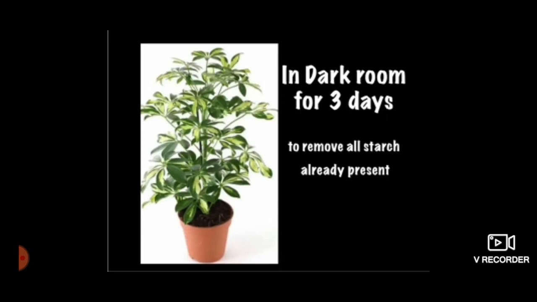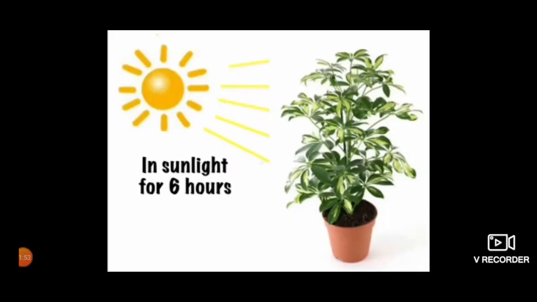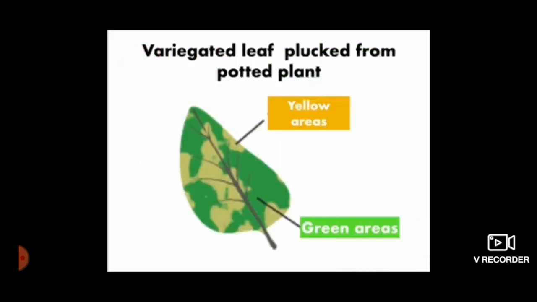We keep our experimental plant in a dark room for destarching. Destarching is a step in which the starch already present in the leaves of the plant is removed. This step ensures that previously synthesized starch in the leaves gets consumed when the plant is kept in the dark room, because photosynthesis does not occur at that time. After that, we bring the same plant back to the sunlight and keep it there for around 6 hours. Now, after 6 hours, we can pluck a leaf from the plant,